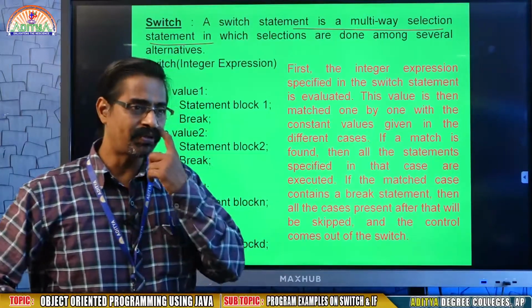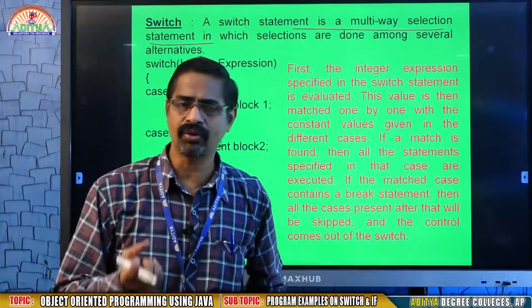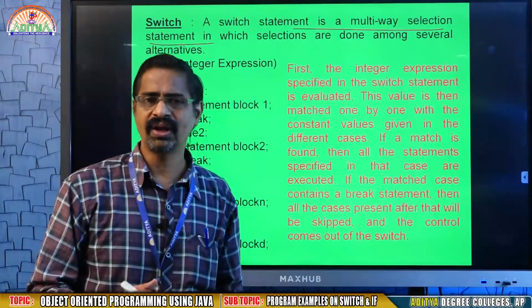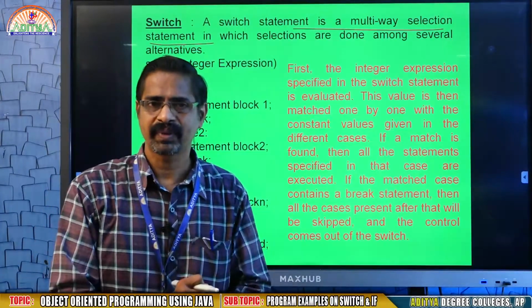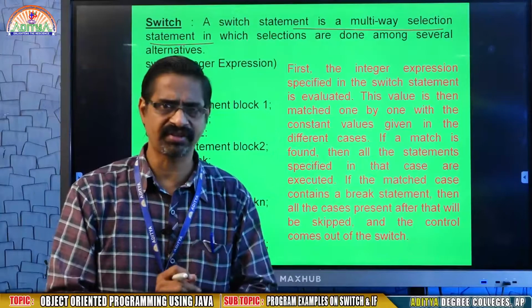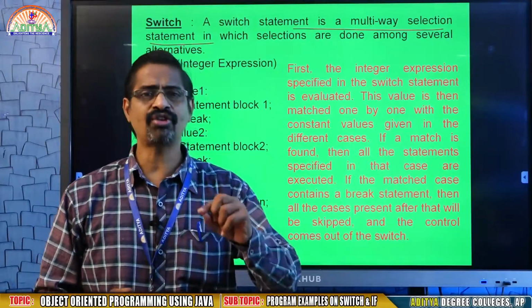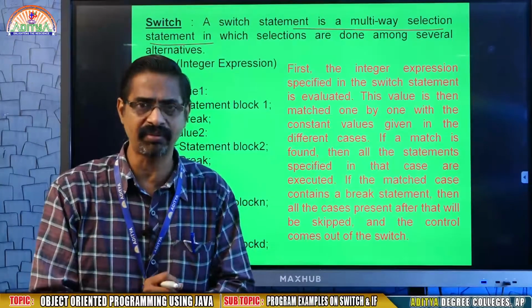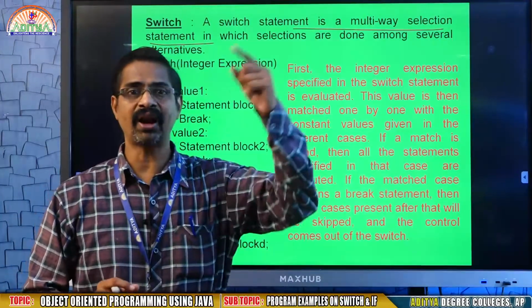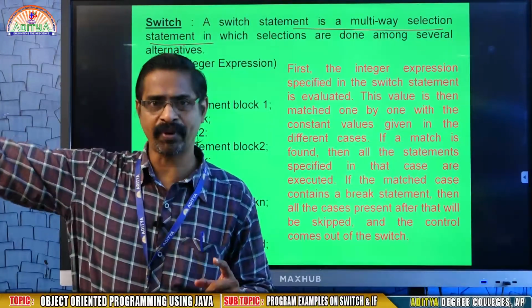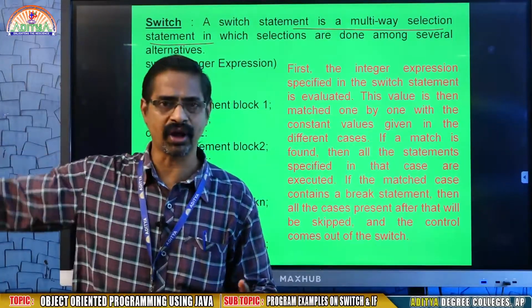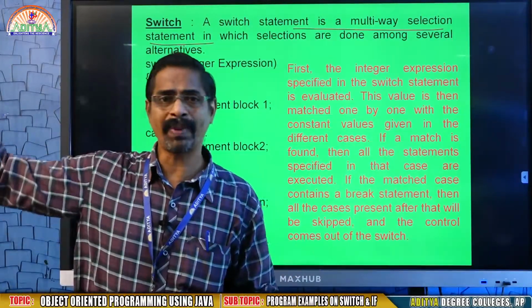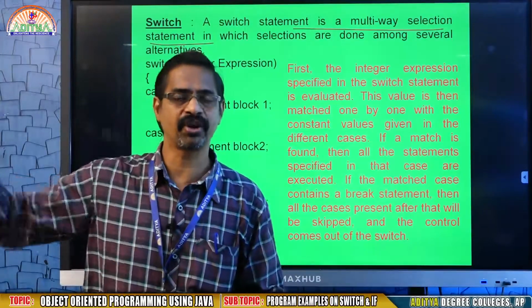For example, you may see it in an ATM: mini statement, deposits, withdrawals, balance inquiry. You are going to see lots of menu options, and in the menu options, the user is going to select. Of course, we are using a touch screen, so it will not be a big concept. But internally, if you select 1, I want to do deposit. If you select 2, I want to do withdraw. If you select 3, balance inquiry. If you select 4, mini statement.